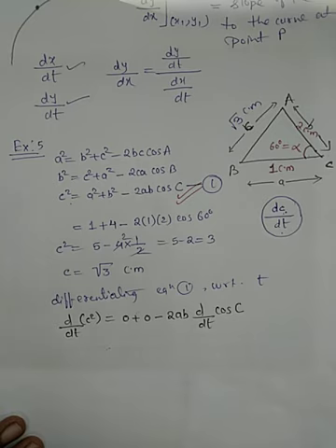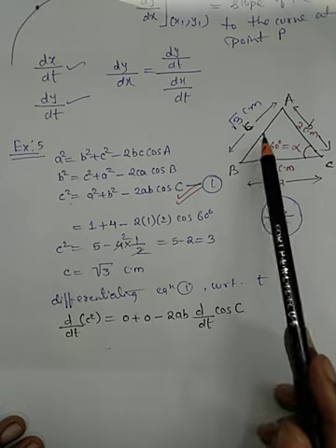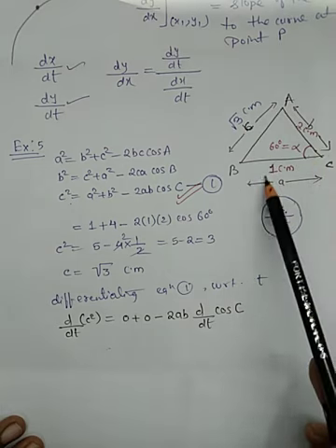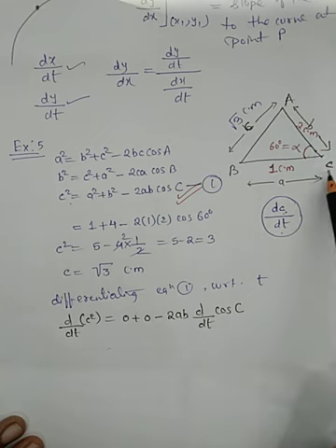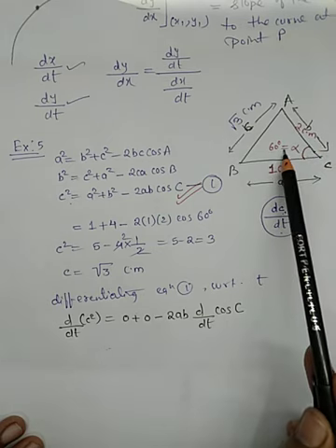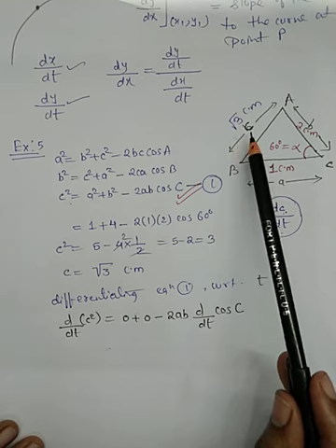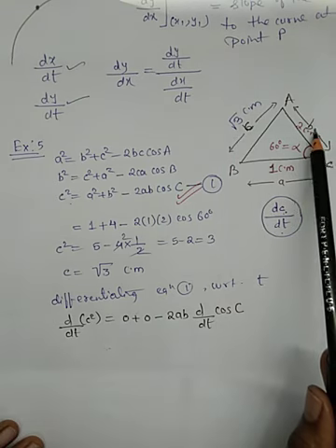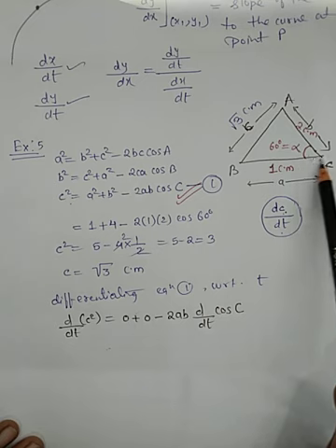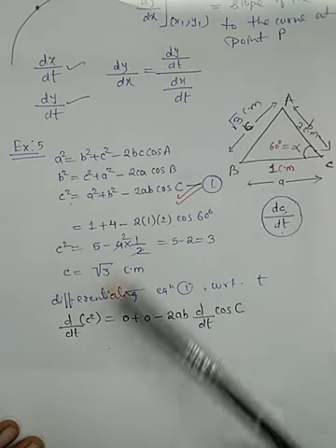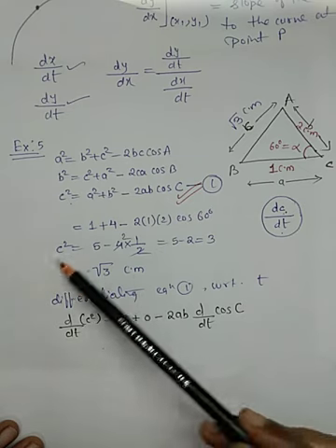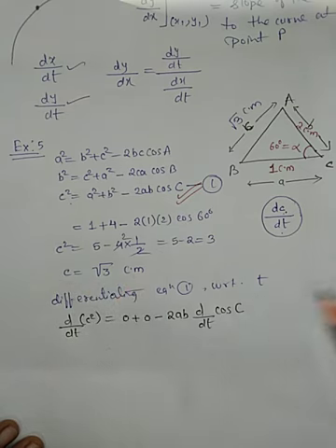Is it clear to you? They are saying if the angle is increasing, what is the corresponding increment in side C? A and B are constant, they are not changing. We have used this angle equal to 60 degree just to find the value of C. It means when A is 1, B is 2, and angle C is 60 degree, what is side C? For that purpose only we have used this one, C equal to root 3. Okay.